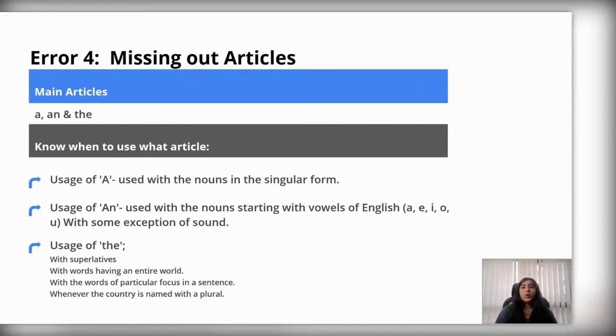So if you were asked, where do you plan on studying? I plan on going to the United Kingdom, okay? Or the UAE, right? Because Emirates is plural, kingdom is plural, okay? The Netherlands, okay? So that's when you have to use these, all right? So make sure you understand when to use which article, because if you miss out the article, again, like I said, it sounds a little different to the ear, and that could cost you marks,